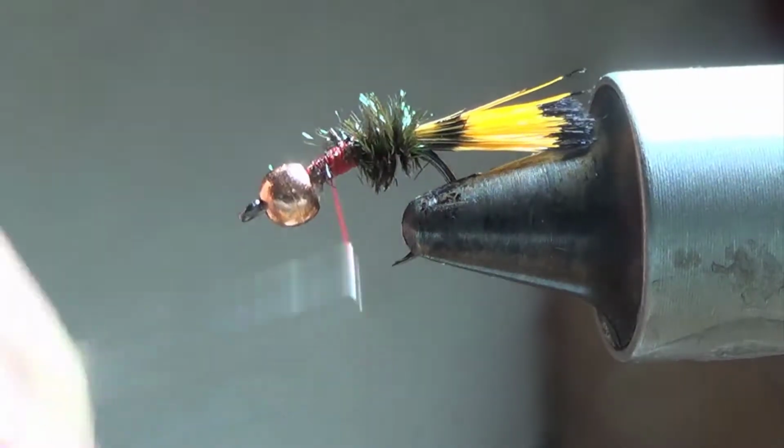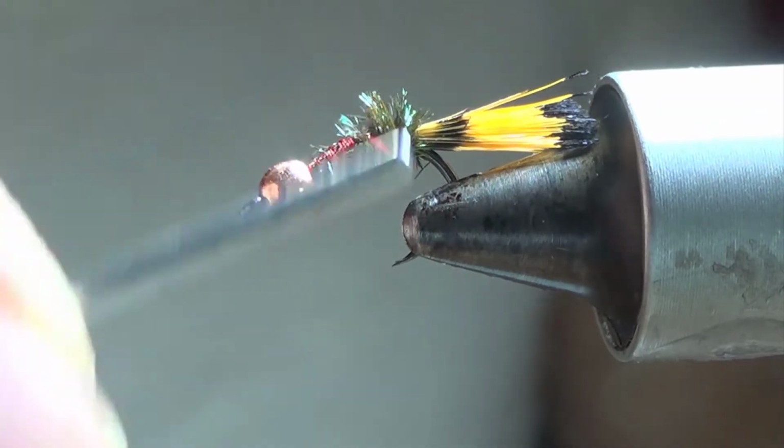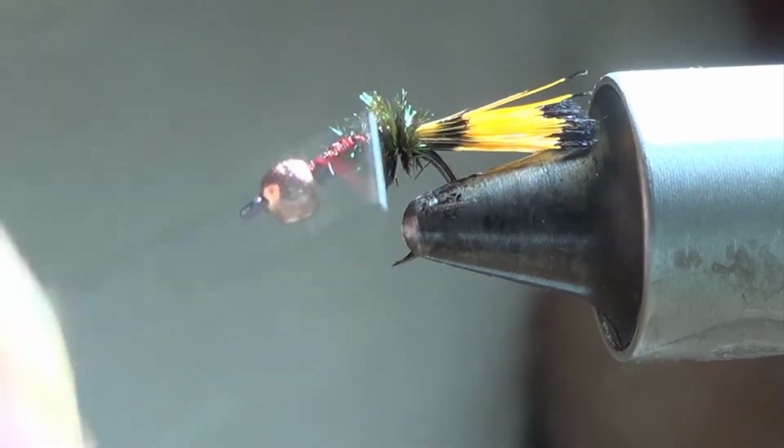And then I'm gonna bring the red thread back to make it a little bit shorter. Because what we're going to do is we're going to put a red